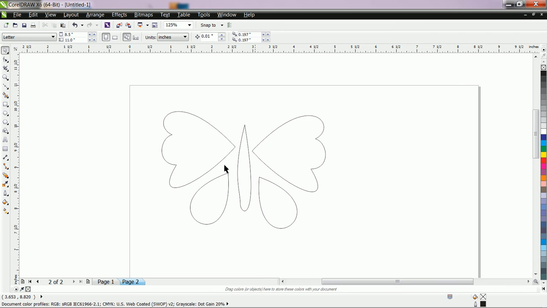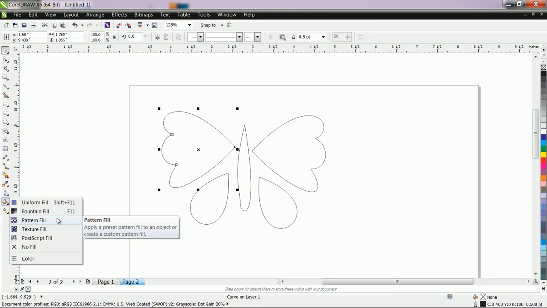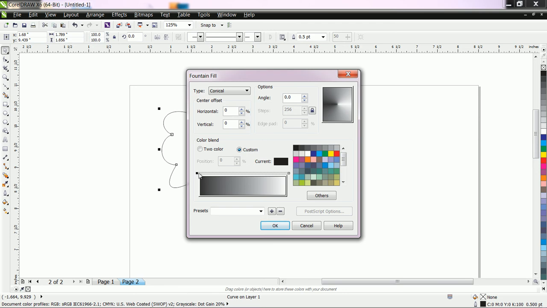Now drag this shape, or you can also drag with the help of arrow key. Okay, now let us fill it. I told you all methods how to fill the shape. You can choose any one method as per your choice. I use here fountain fill, custom. Let us choose the number colors.